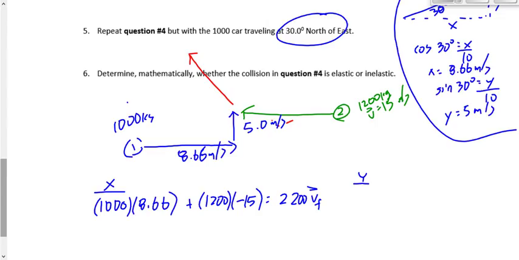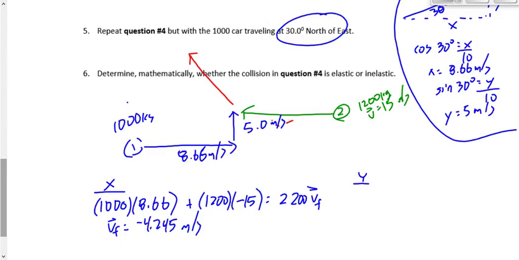I don't have this one calculated, so bear with me. 1,000 times 8.66, subtract 1,200 times 15, and we divide that by 2,200. That gives me a value for VF of negative 4.245